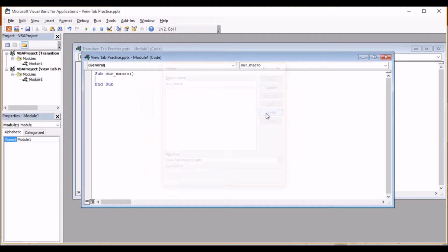This opens a Visual Basic window. We'll type in a line of Visual Basic code, put a space, and type in our message. Press Ctrl S,